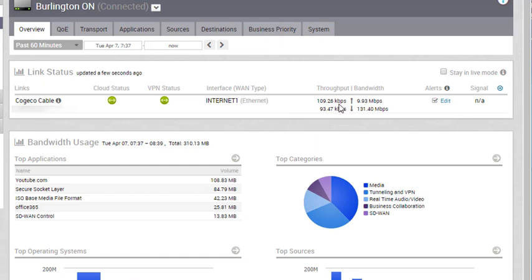But the first thing I want to show you here is my bandwidth. This tests the link, and over the past 60 minutes I have 131 meg down, should be about 120, and about 10 megs up. So that's my internet connection. And what you should know is that on a voice call I'm running 100 kilobits, so my throughput should be minimal. But bandwidth does not make a voice call,